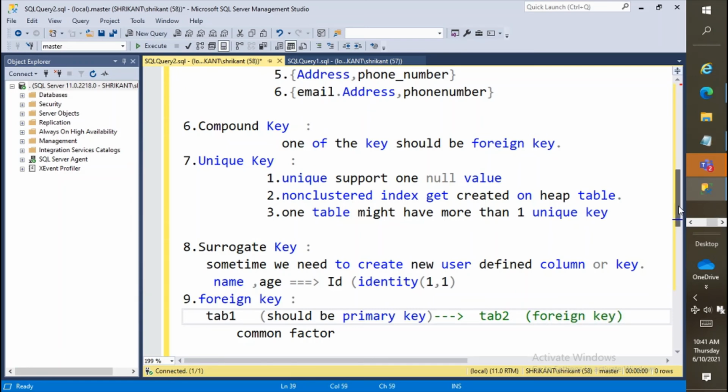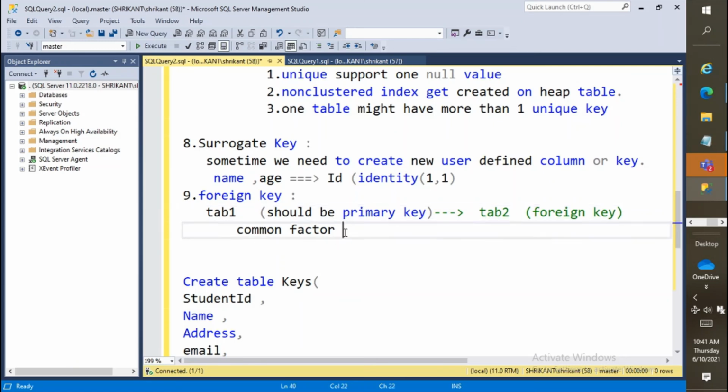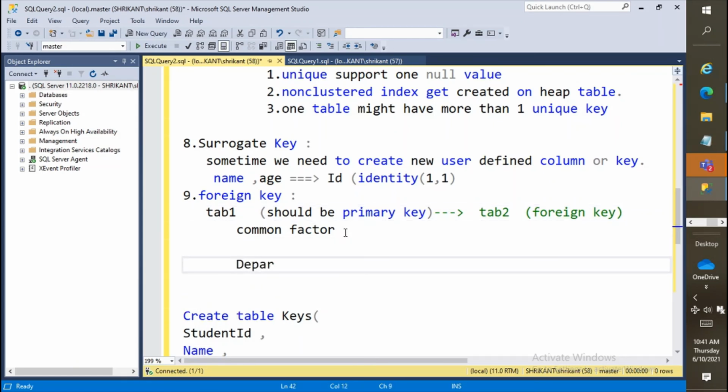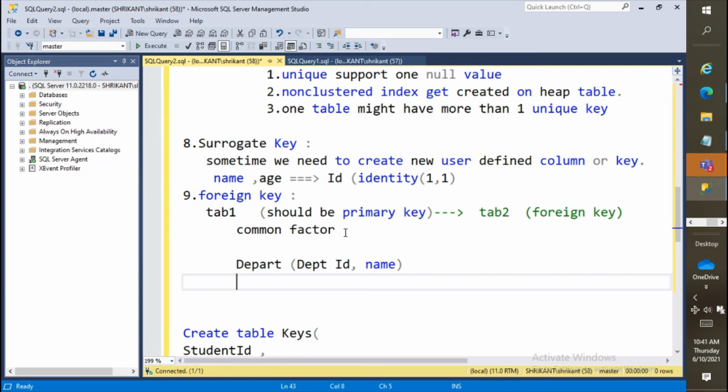For example, let's try to understand a common example with department. In the department table, we will have the department ID, dept ID, and the name. In another table we have the employee, EMP, for example, and here we have the name, then EMP ID, and here we want to use the dept ID because every employee belongs to one department, right?